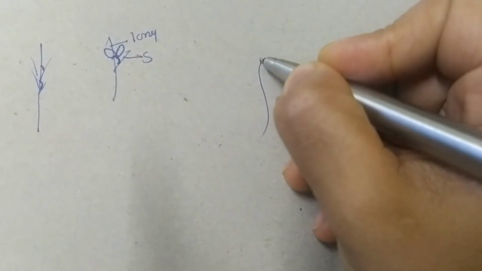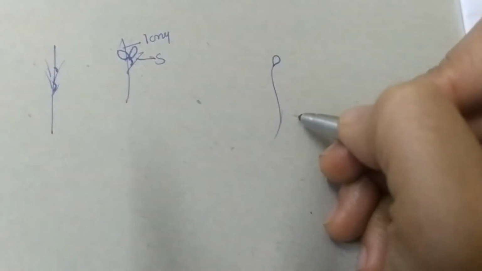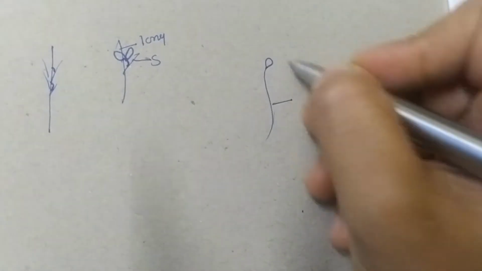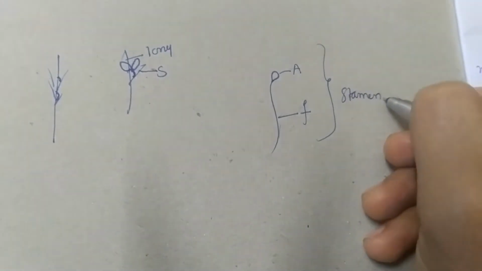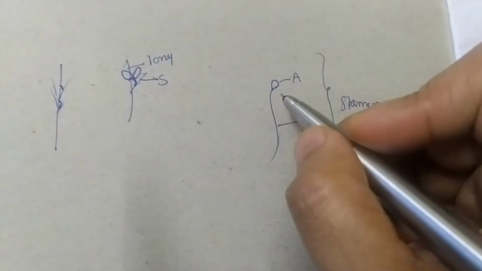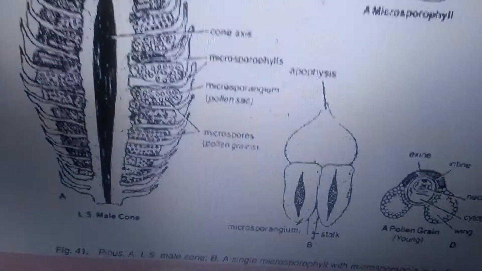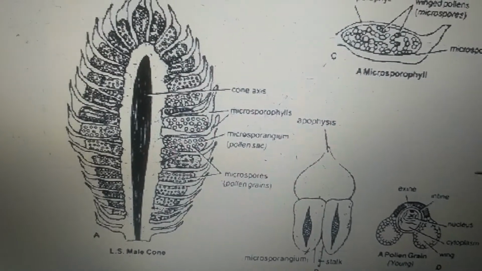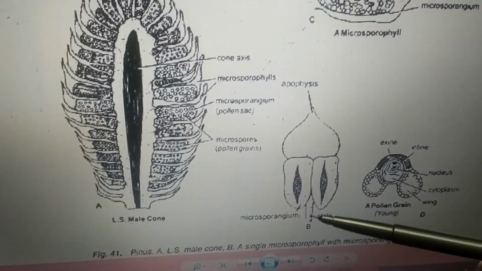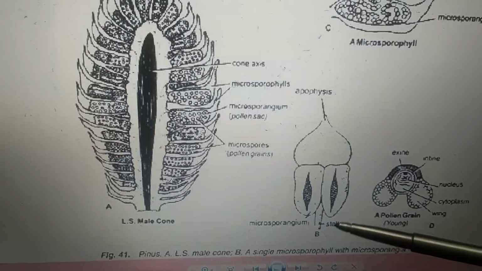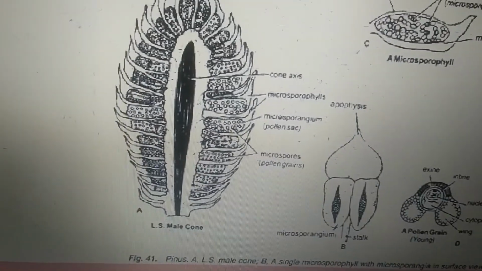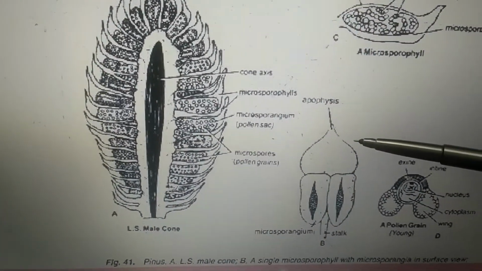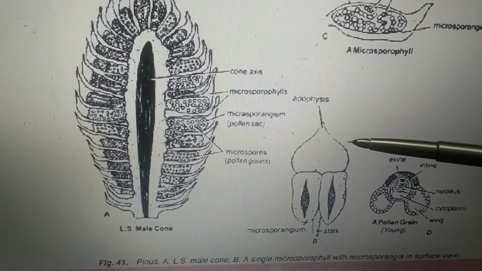What is a stamen? A stamen has two parts. One is the filament, another one is the anther. So this entire structure we are going to call a stamen. We have a filament and we have an anther. This is a part of a flower in the case of angiosperms, and it is comparable to the microsporophyll here. How? Because we have a small stalk. This stalk is nothing but a filament with a terminal leafy expansion. This will be the anther, which is going to act as an apophysis. Apophysis is nothing but a lid-like, cover-like structure at the tip.